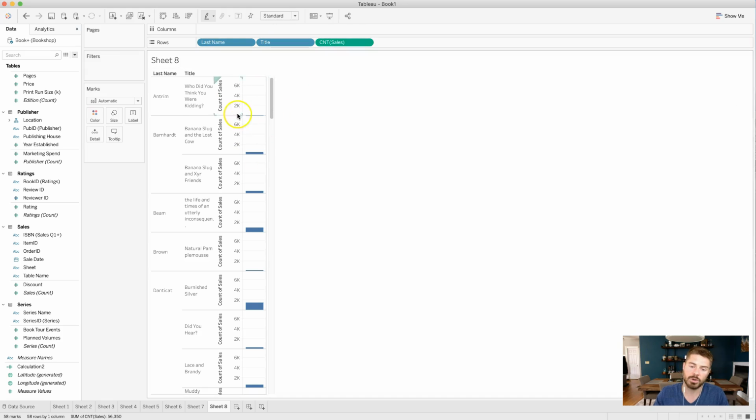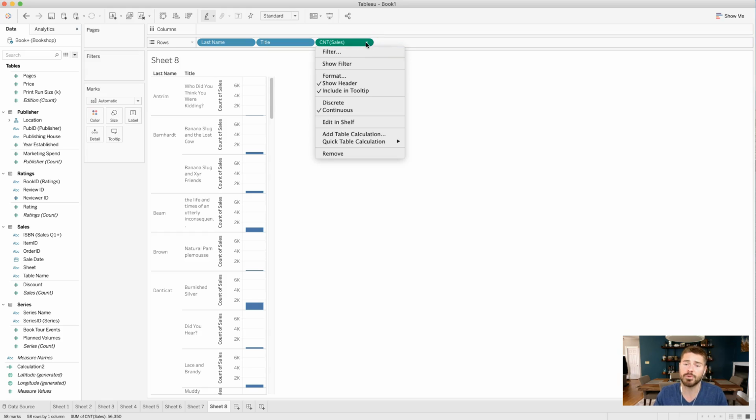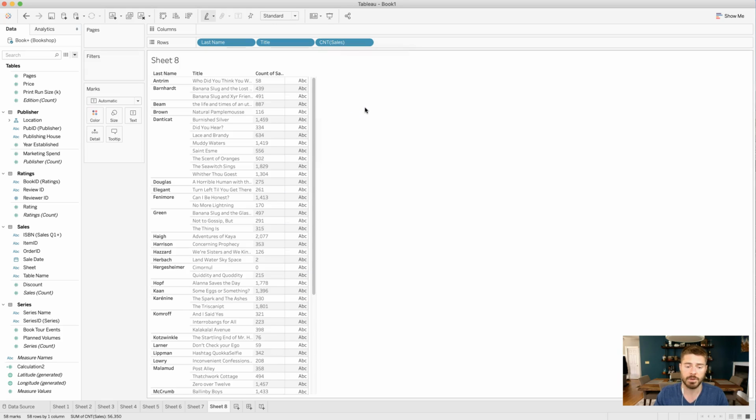And again, when you drag the count of the sales in, because sales is a number, it's going to assume that this is continuous. If you want it in more table form, which is going to help a lot in this particular example, go ahead and click the little arrow associated with count of sales and change it from continuous to discrete. Okay, so once we're here, you can see, for instance, this 439 says that Barnhart sold 439 copies